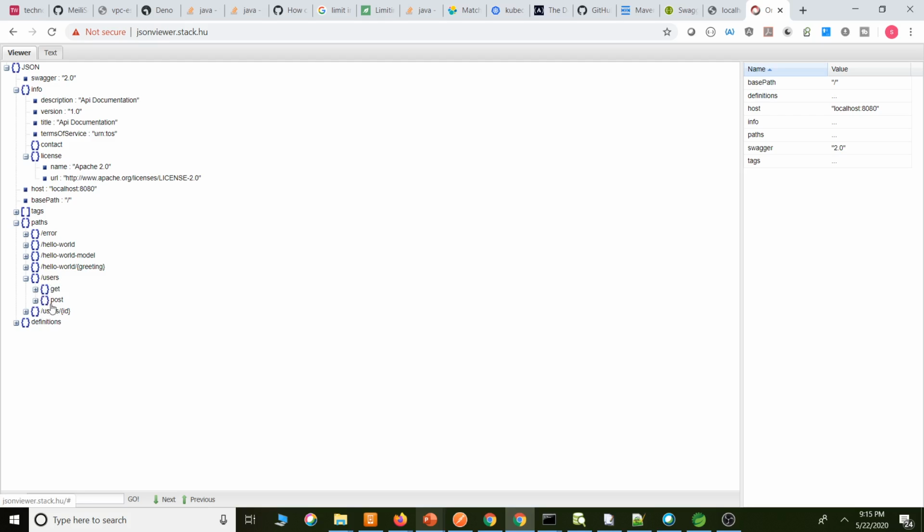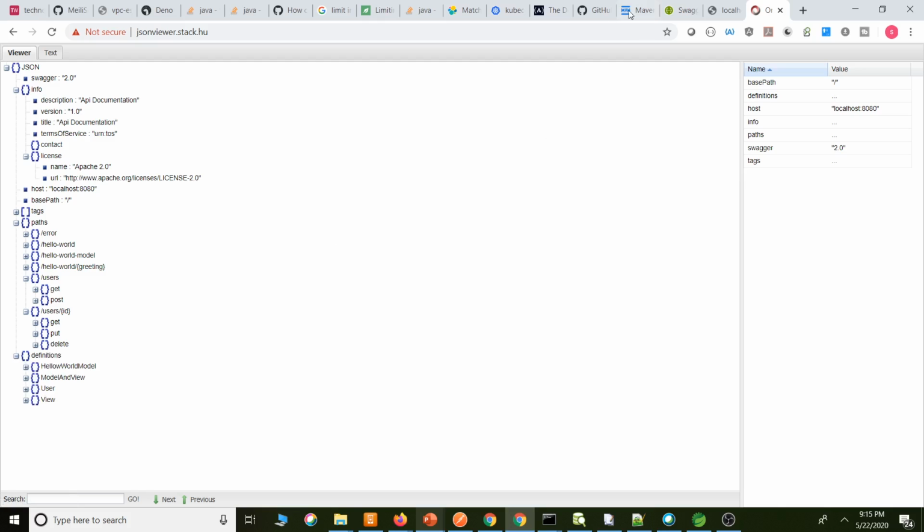Under get all users we have two HTTP methods, two actions we can perform: get all users and post users. We can post multiple users. Next is get user: in case of a specific user, we can get it, we can update a user, and we can delete the user.